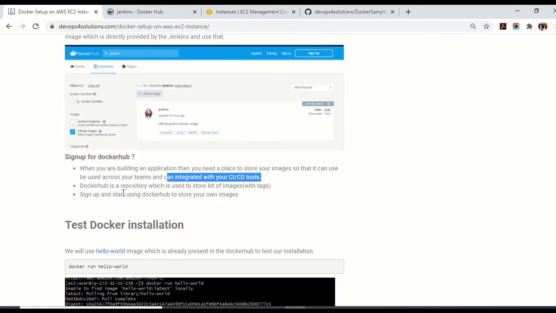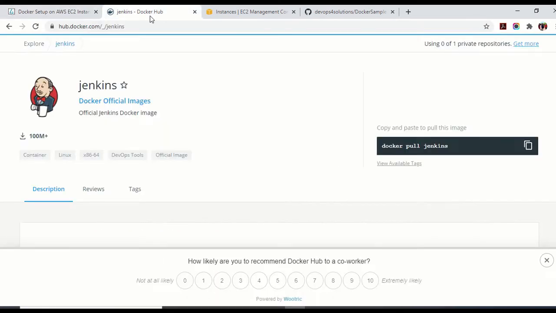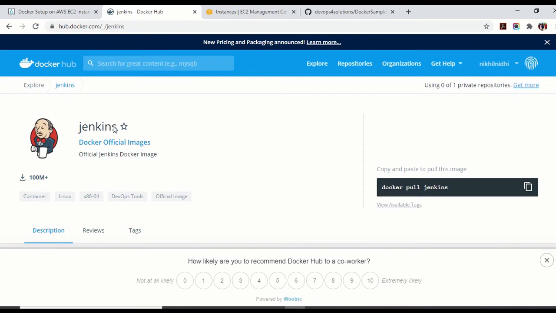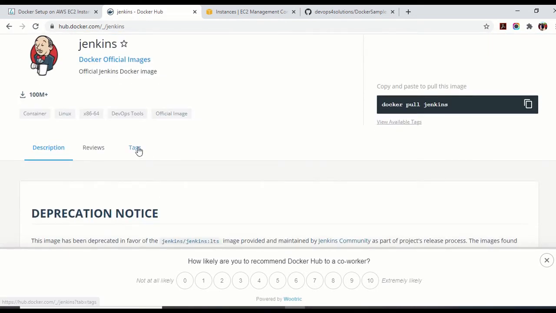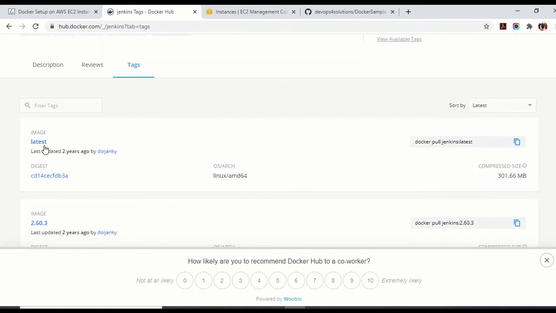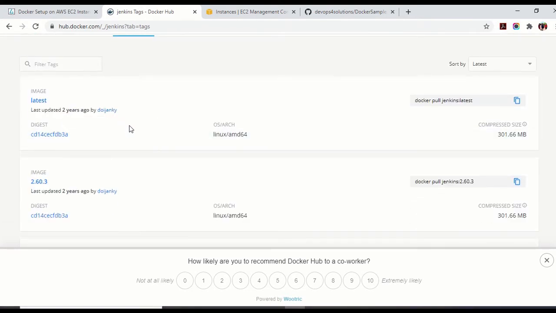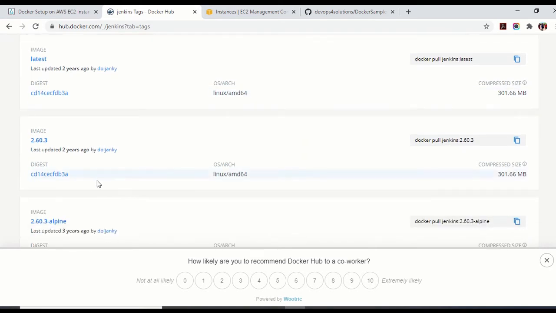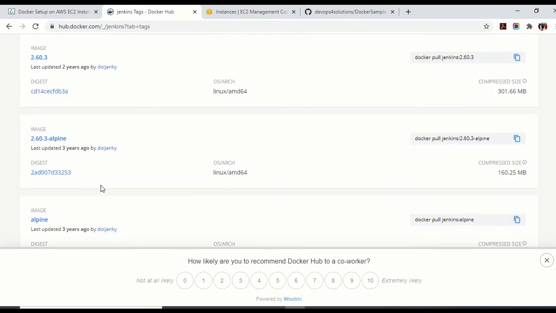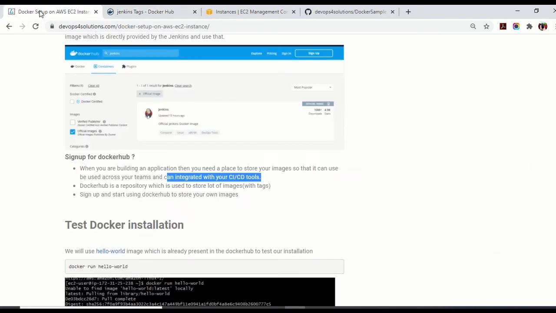It's just a repository, like I showed you, where you can see all the images and all the tags. Tags mean the versions. If you have a specific requirement, you can have different versions of any particular tool. So this is what Docker Hub is.